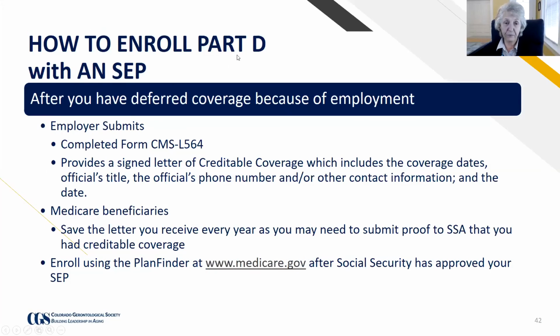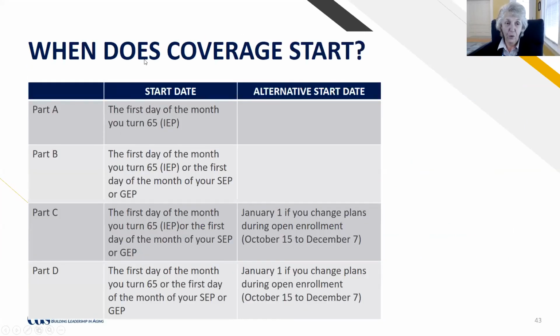Similarly, you use the same process to enroll in Part D if you are exercising your special enrollment period because of employment. When does coverage start? Basically for Part A, it starts the first day of the month that you turn 65. This is your initial enrollment period or your IEP. Part B starts the first day that you turn 65 on your IEP, or the first day of the month of your SEP or your